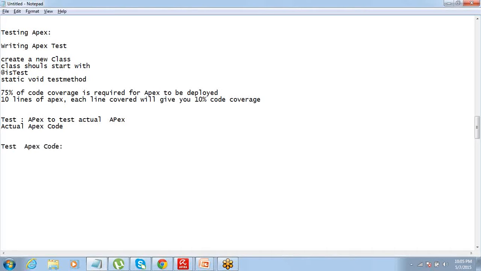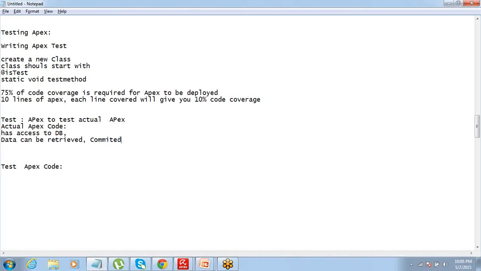The difference is, if I have to put it in very simple words, your actual Apex code has access to the database. Okay, data can be retrieved, it can be committed.